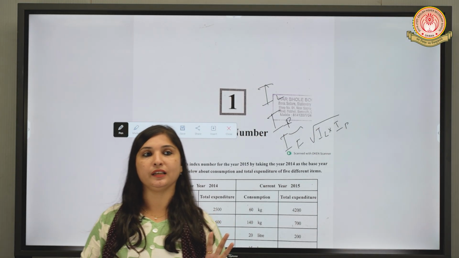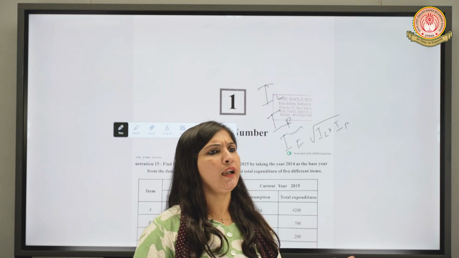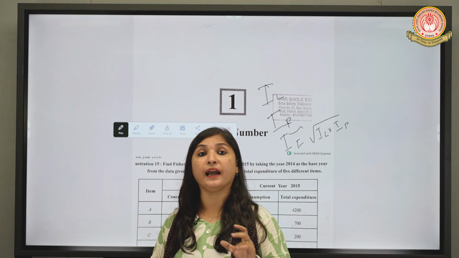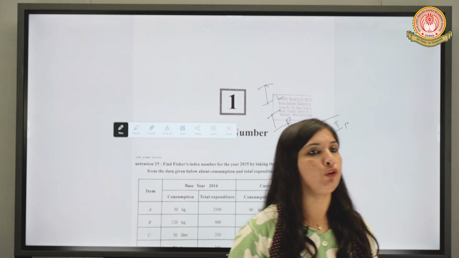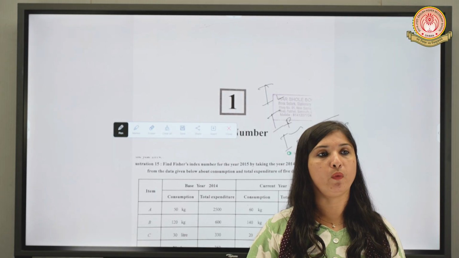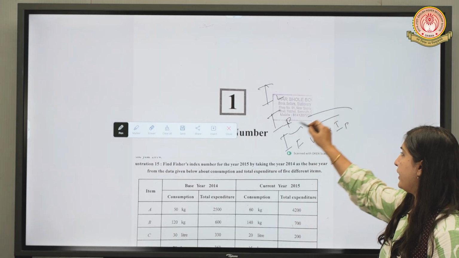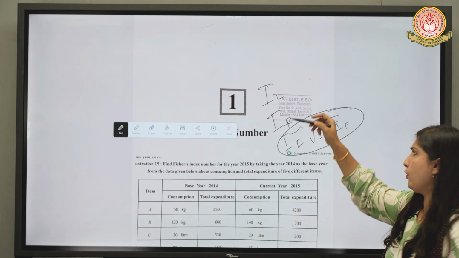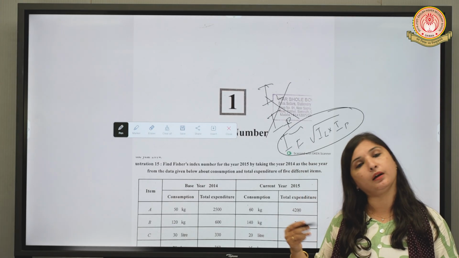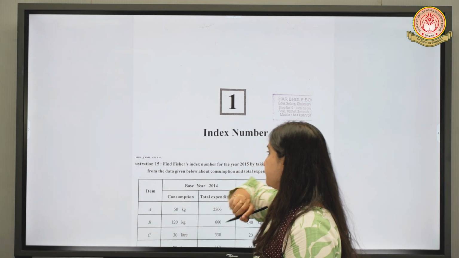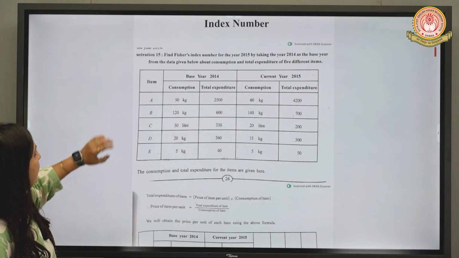We have used 3 methods of finding index number, that is last year's, past year's, and Fisher's index number. In the question, sometimes it is given that you have to find the ideal index number. Whenever it is given ideal index number, what you have to find is Fisher's index number. If you don't find the others first, that will also be okay, or if you find those first and then find Fisher's index number, that will also be okay. Is it clear? Okay, now we will move further and see this illustration number 15.